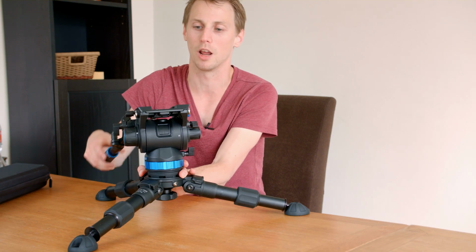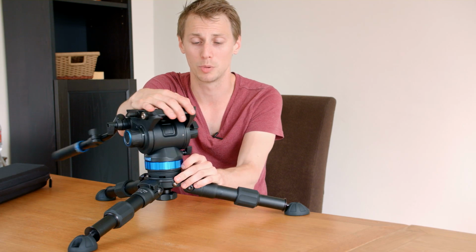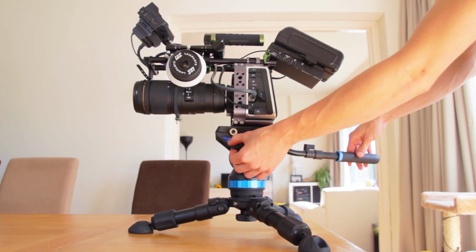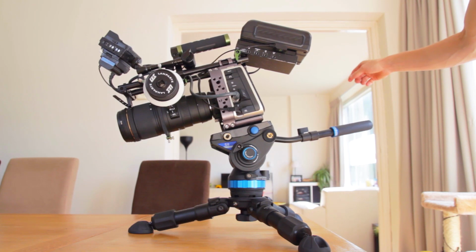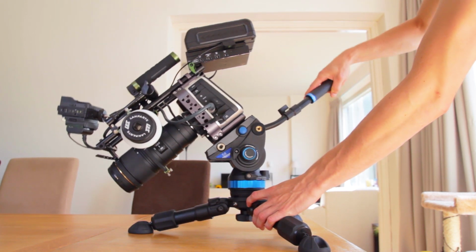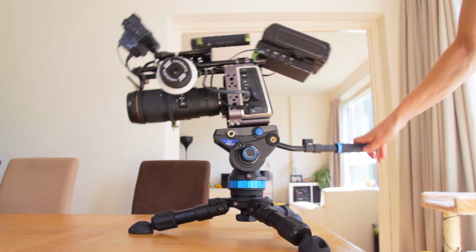And if I increase the drag with that, then suddenly I have to put in a lot of effort to move this head, which is a good thing, because you want to put on rigs up to 8 kilograms on this head. So if I just put on my camera rig, you can see here that if I let it go, it just stops. I do not have to worry about my rig making my tripod fall over. I can just let it go, walk away, do something else, and it just won't fall over,